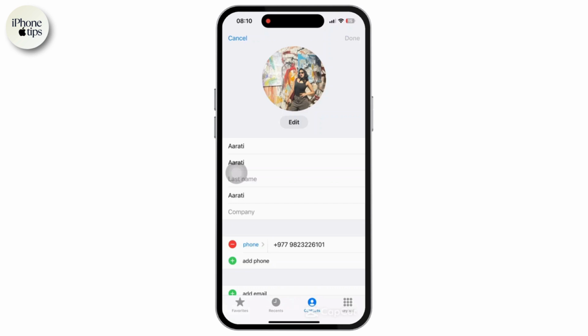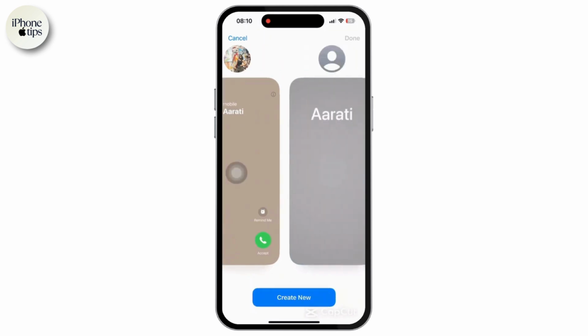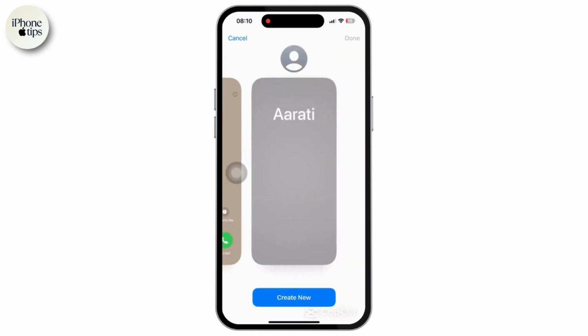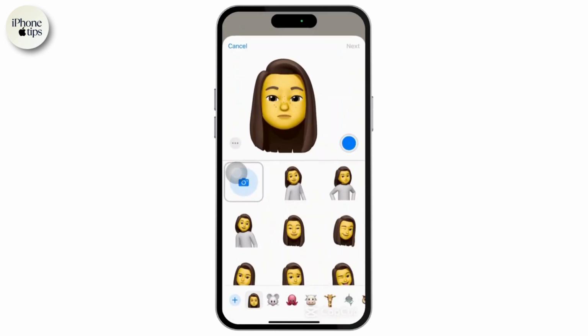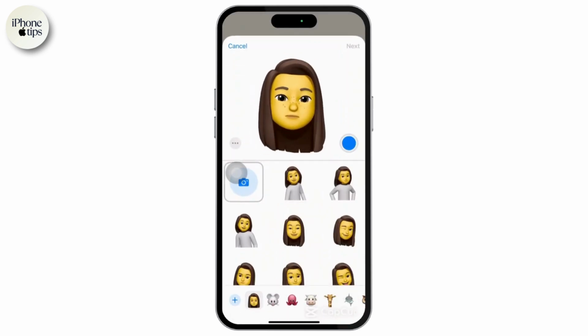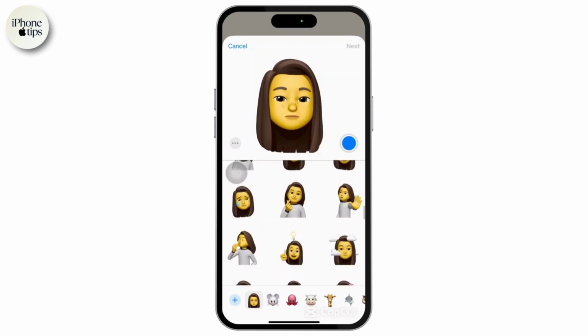Once you tap on the edit, again tap on the edit option available right below your profile picture. Then swipe and tap on the create own button available there. Now there you can see the Memoji button available. Tap on it. Now this is the Memoji you have already created, but if you do not like this one